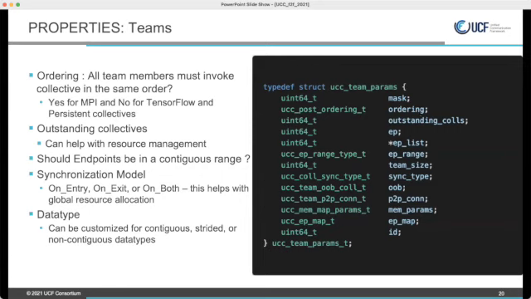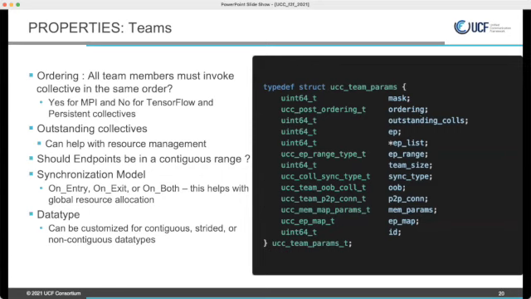And the endpoint, you can think about from a collective perspective. This is an endpoint of the collective. Again, if we map this to the MPI world, you can think this is nothing but a rank. EP list, we can give an endpoint and a list of endpoints who are participants of the collective.